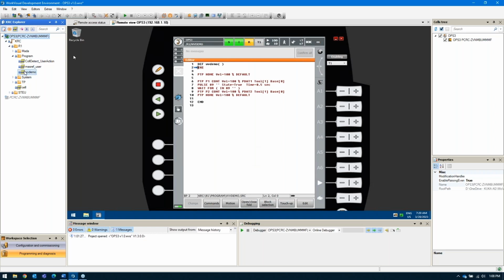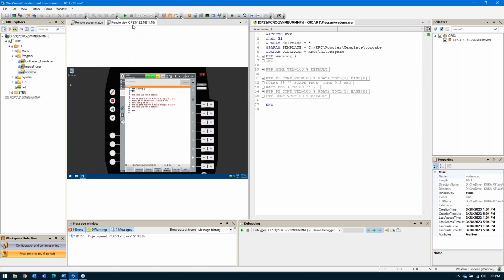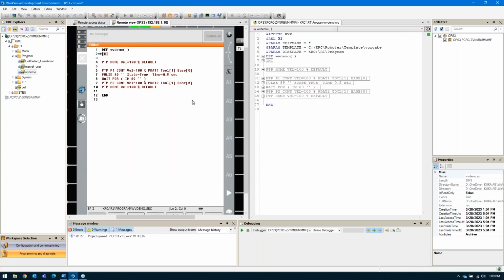And I can open the file here, and I'm just going to split the screen so you can see both sides. There's also a zoom feature here that lets you zoom in on the remote support view. As you can see, it basically opens the files very similar to the configuration commissioning screen. But in this particular case, we can actually type in commands